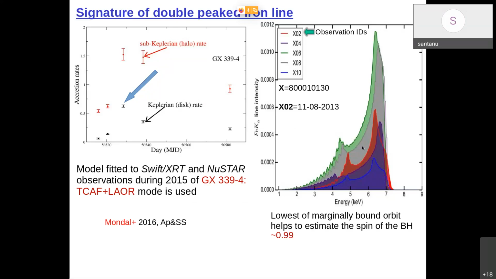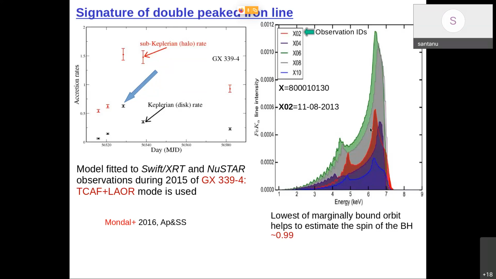One is blue shifted and the other is red shifted, and this line intensity varied between observation days. The highest intensity we obtained when the size of the corona was minimum. That means the disk moved very close to the black hole and relativistic effects become very important, and it skewed